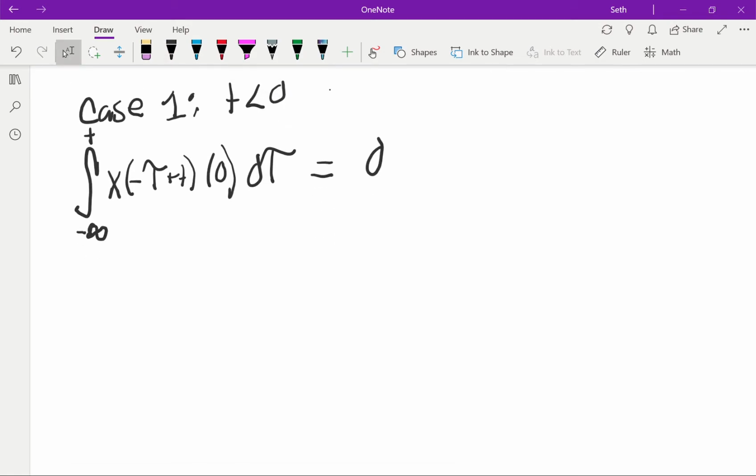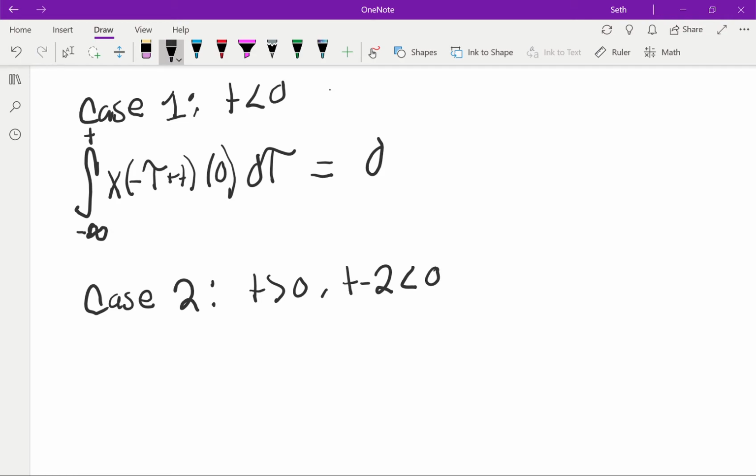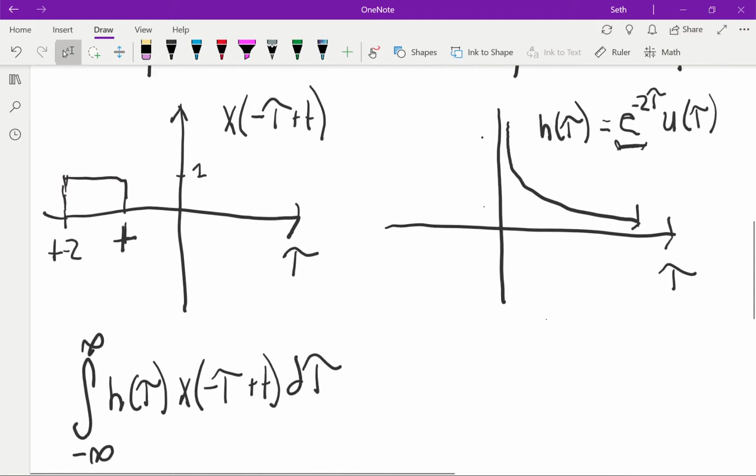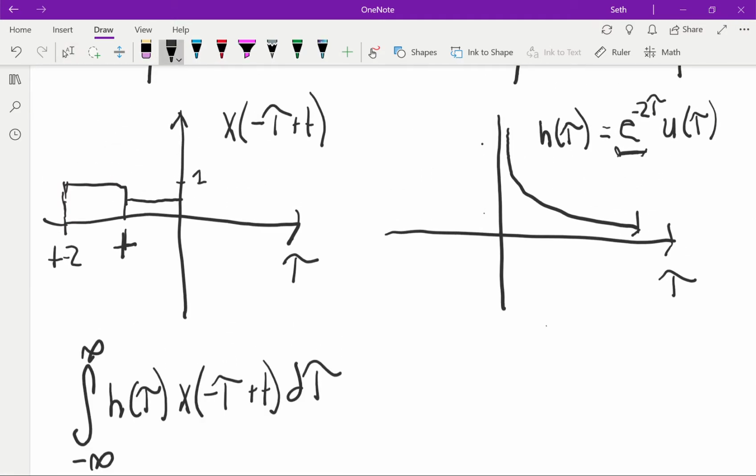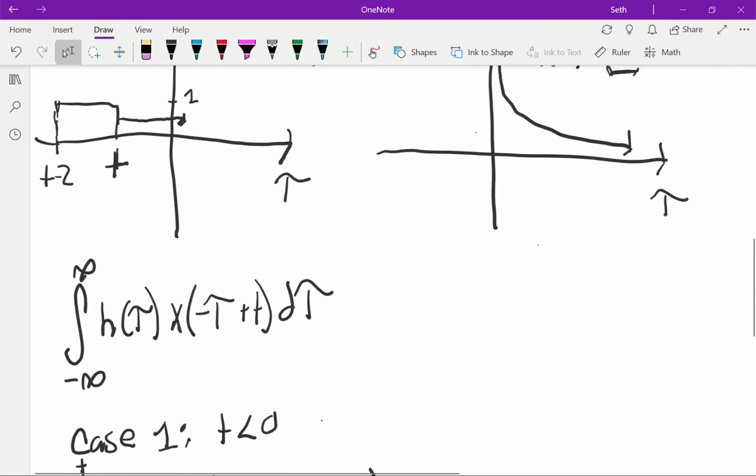So our second case is going to be when t is greater than 0 and t minus 2 is less than 0. So you can imagine this has shifted over, and we definitely have some overlap of these two signals. We don't know quite what it is, but we have some overlap, and we can solve this analytically